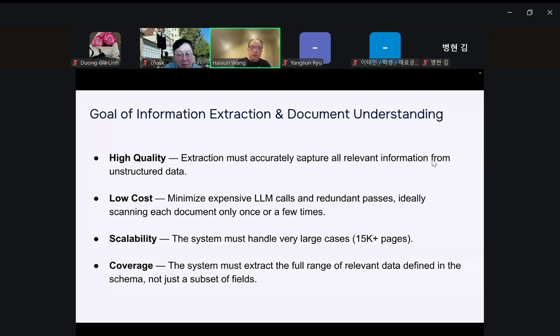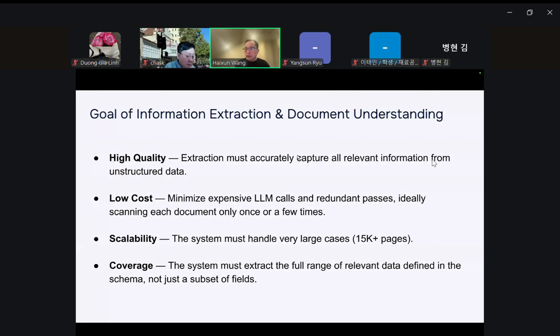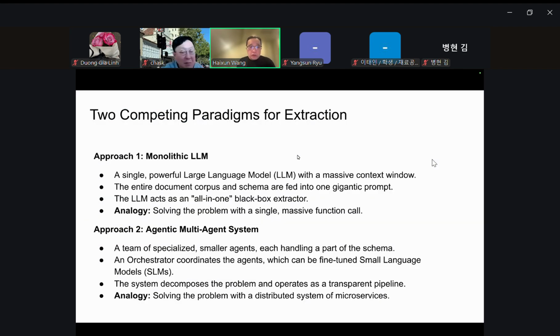Here, coverage means these documents may contain lots of different types of information, and we want to be able to extract all relevant information all together, instead of having to extract each specific type of information again from the documents, right?